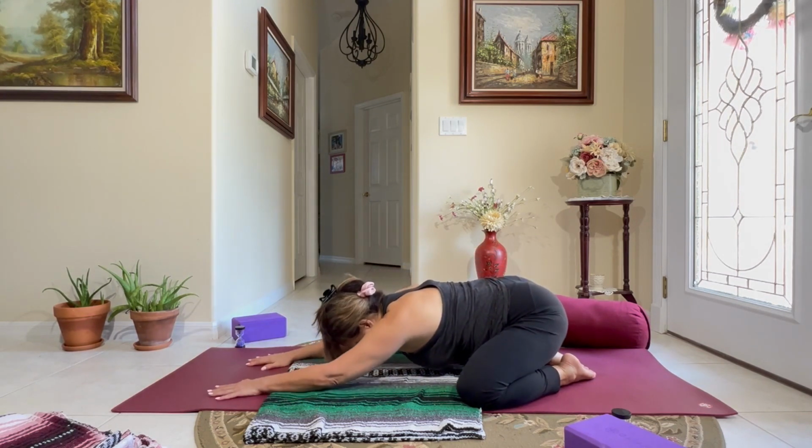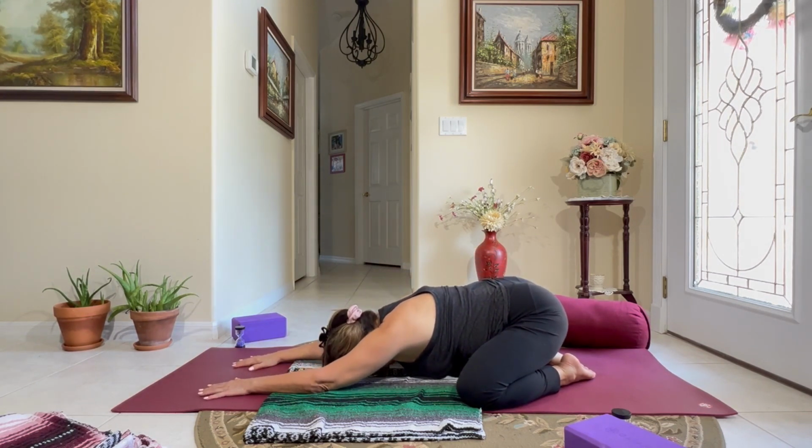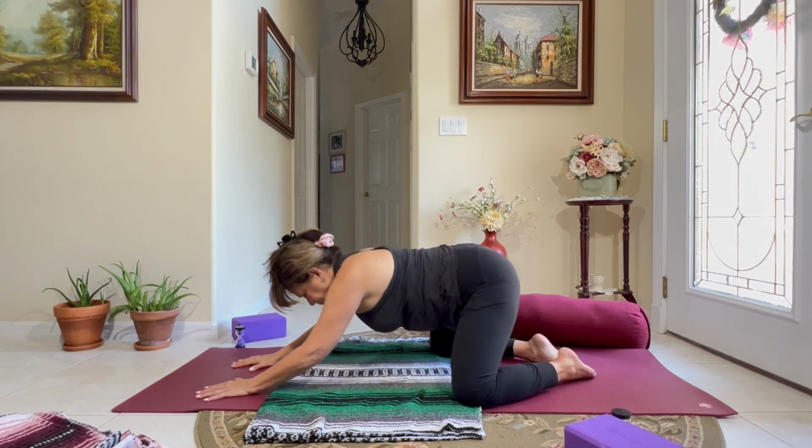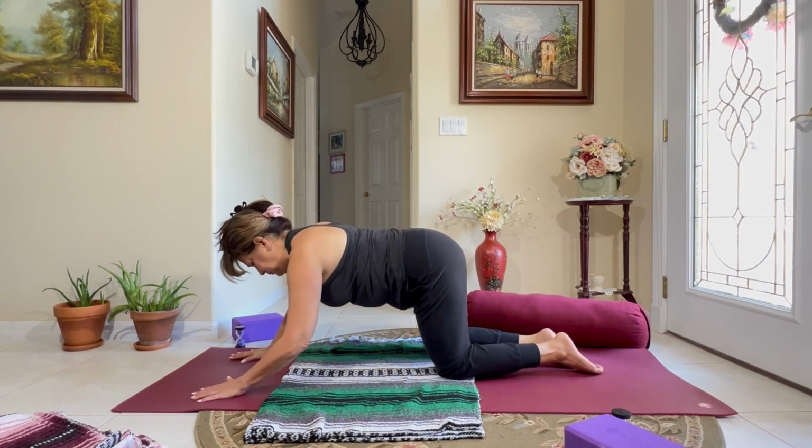Press the earth away and come back into a wide-legged child pose, big toes touching, knees separate, arms extended towards the front of your mat, head resting on the earth, and take a few breaths. Reposition the spine, acclimate in your practice. Come back up